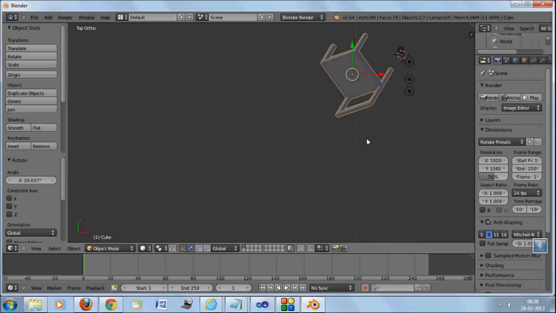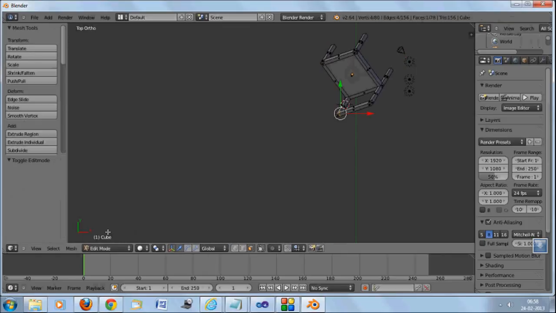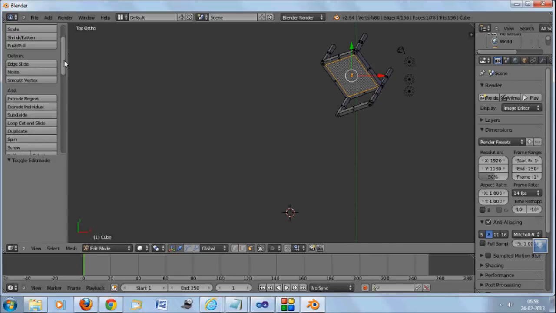Now in order to do that, what should we be doing is from object mode, go to edit mode, go to face selection and select and here you should have an option called